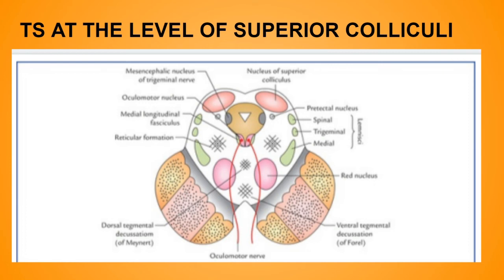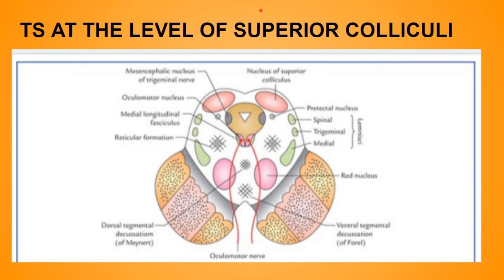Now, one more important thing is that the superior colliculus, remember, is a flattened mass formed of 7 concentric alternating laminae of white and grey matter. The superior colliculus receives afferent fibers basically from 4 main parts, that is the retina, spinal cord, frontal and occipital visual cortex, and the inferior colliculus.